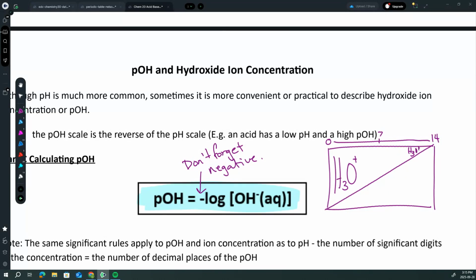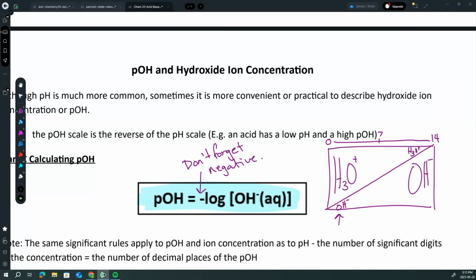Conversely, with a basic solution, your concentration of hydroxide ions is going to be quite big, so that's why I'm drawing it big, whereas an acidic solution will have a small concentration of hydroxide ions, that's why I'm drawing it quite small. So how this statement relates to this diagram is because pOH correlates to the concentration of